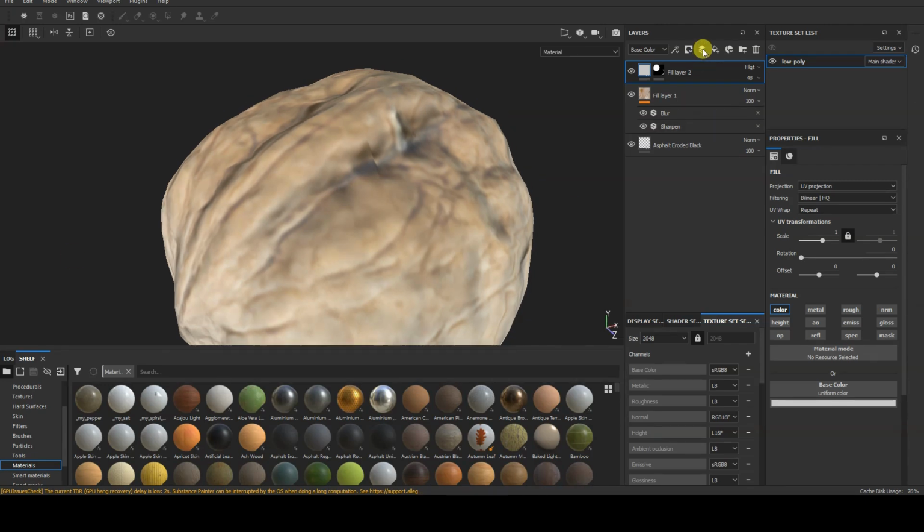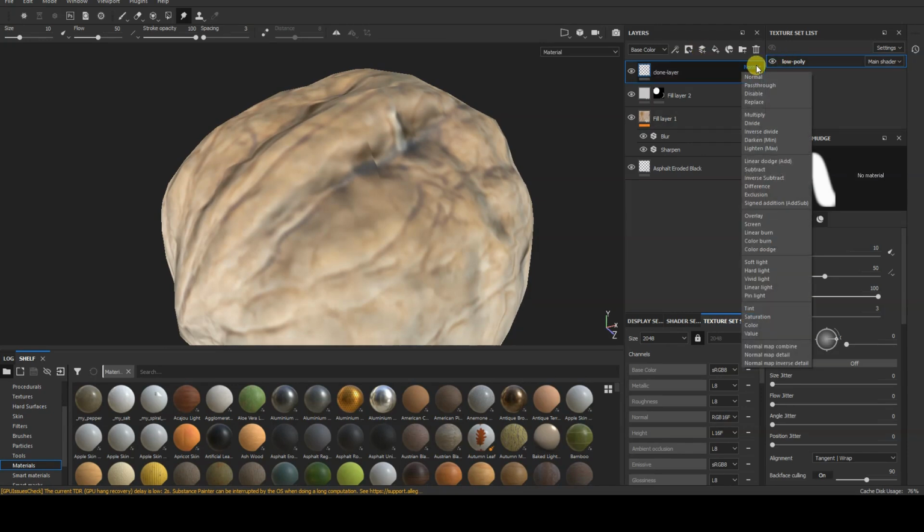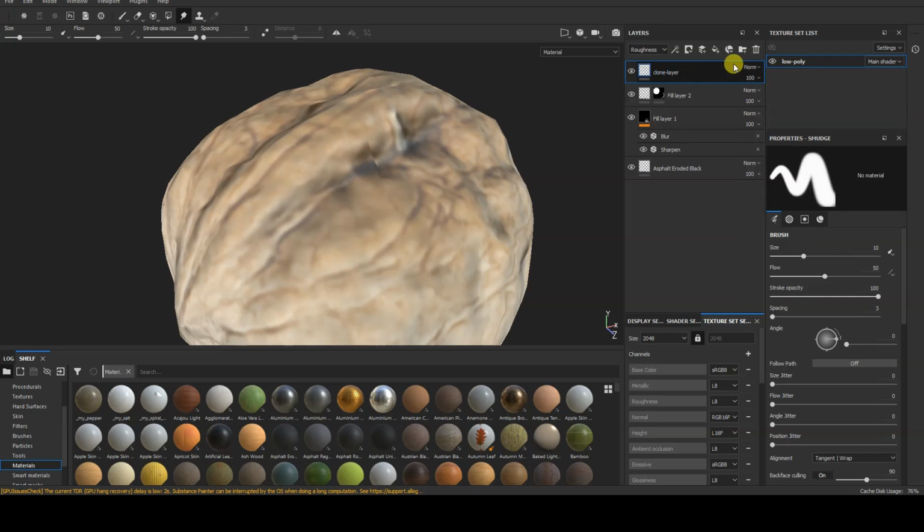To use the clone brush, you also need to create a new paint layer in pass-through mode. And once again, you must set this mode for the channels you want to affect, just as we did earlier with the smudge tool. The clone tool must also be selected from the Substance toolbar, but in this case, we have two available modes. I will show their differences shortly.